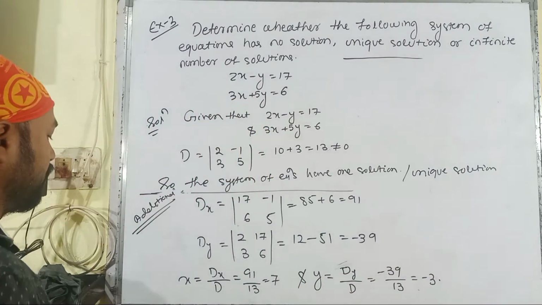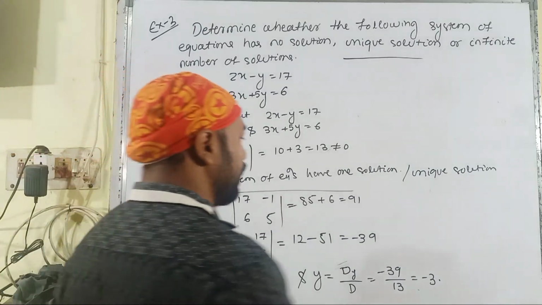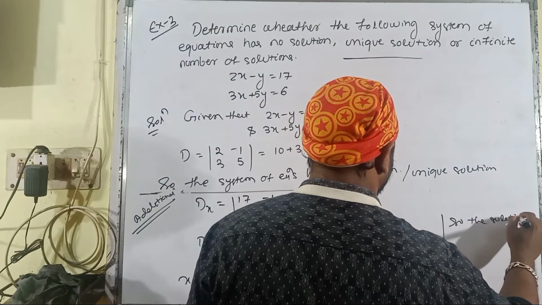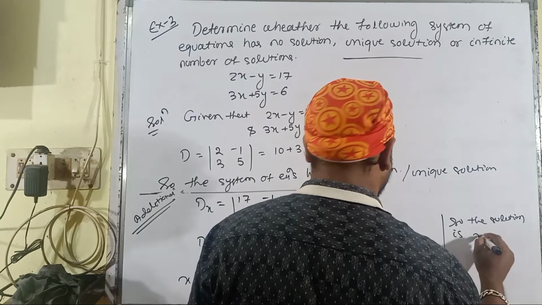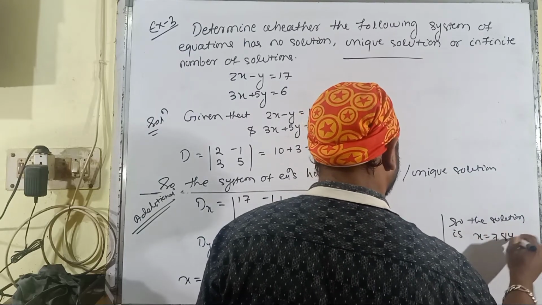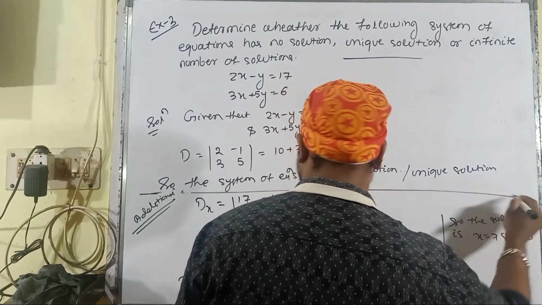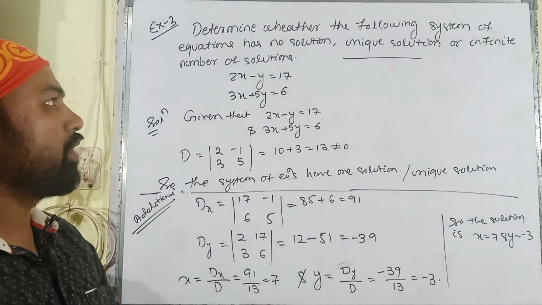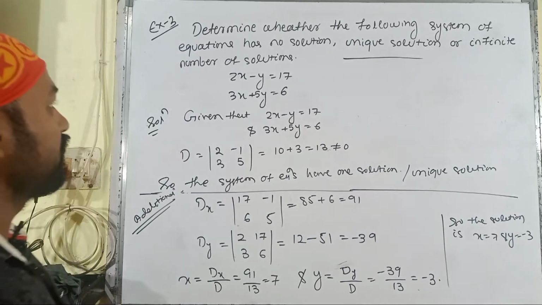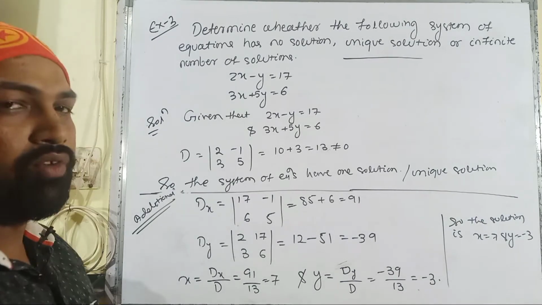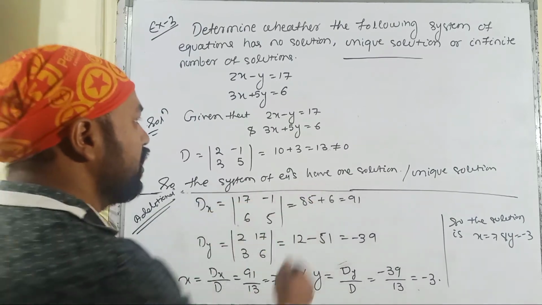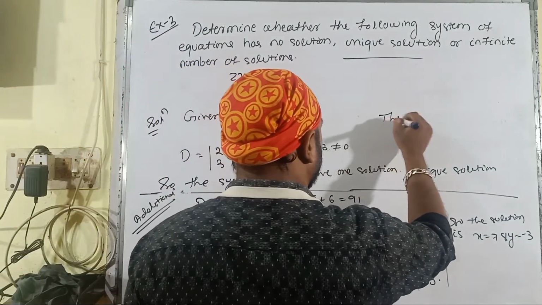So the solution has been found here, x is equal to 7. So the solution is x is equal to 7 and y is equal to minus 3. But this is additional. It has not been asked in this question, just it has been asked to determine whether the following system of linear equations has no solution, unique solution, or infinite number of solutions. As it has one solution, here also you can write down the